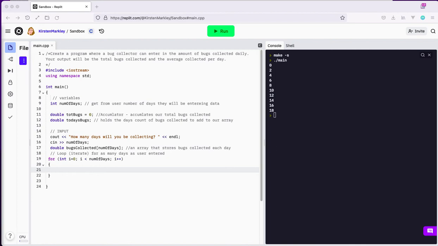So let's see, I'm going to copy and paste these 2 lines in here. All right, so I'm going to output this just so we can see it working. Okay, so in my for loop then, I have set up, I'm trying to get everything lined up nicely. All right, so in my for loop,